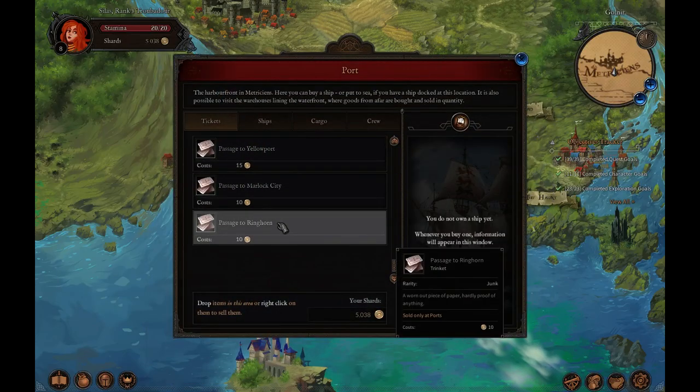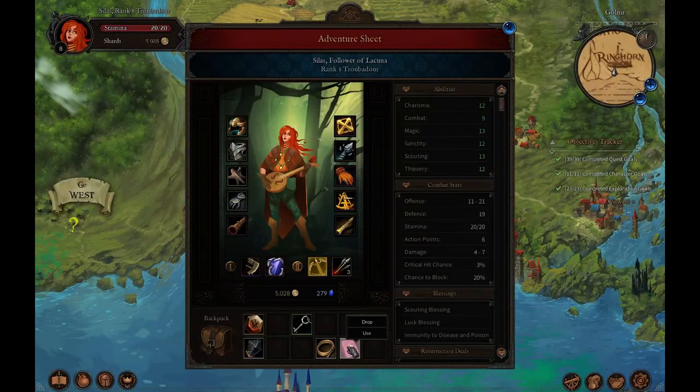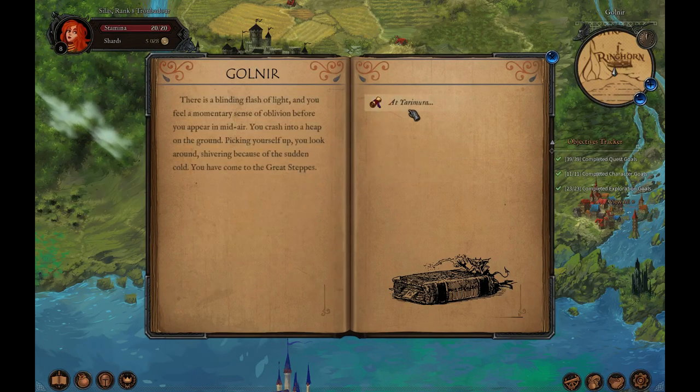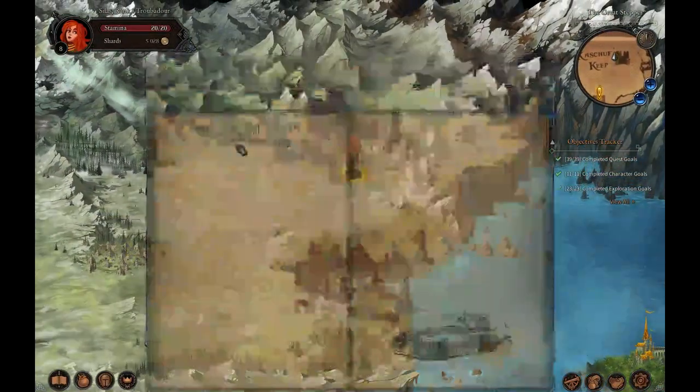And end up back in Ringhorn. So now that you have those two blessings, you want to go where you want to complete the quest, and that is in Yarimura. So you take the northern route, which is Village of Bodya,